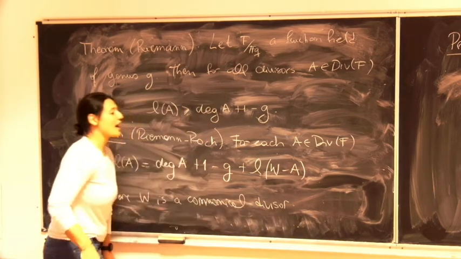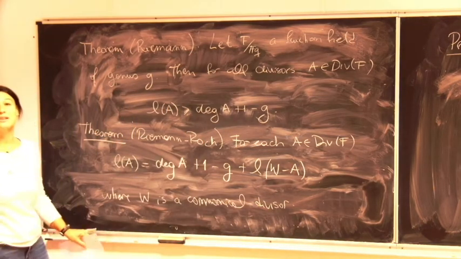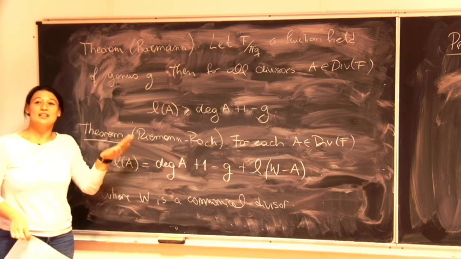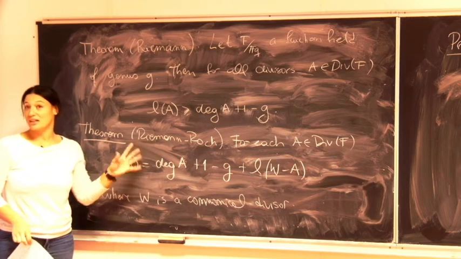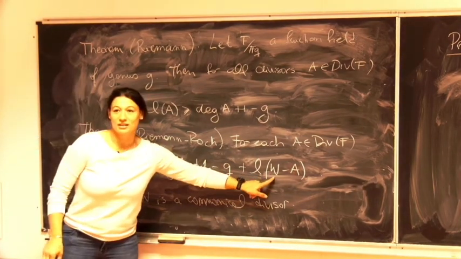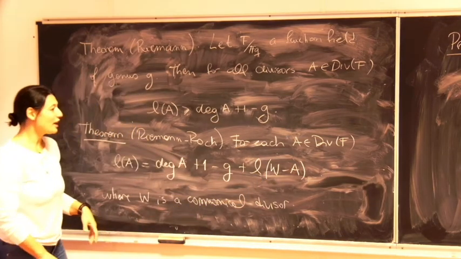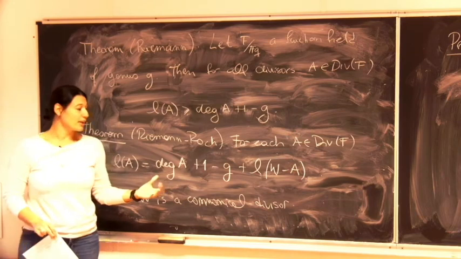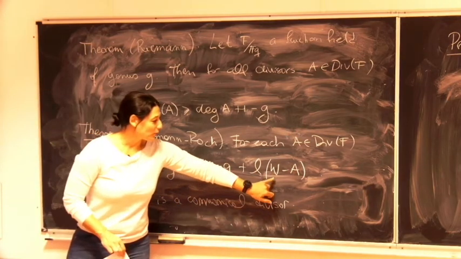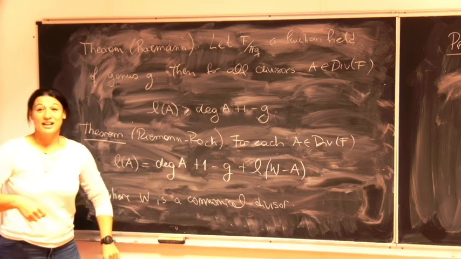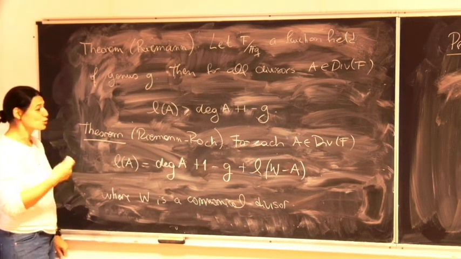And of course, I haven't defined canonical divisors, and I'm not going to do it. So this theorem is going to say nothing for us, because we don't know what this is, but I really have no time to define everything. And so you must know that this divisor is a divisor whose degree is exactly 2g minus 2,